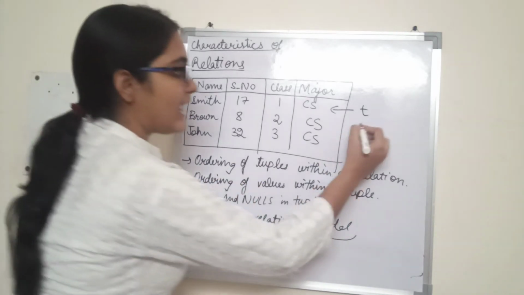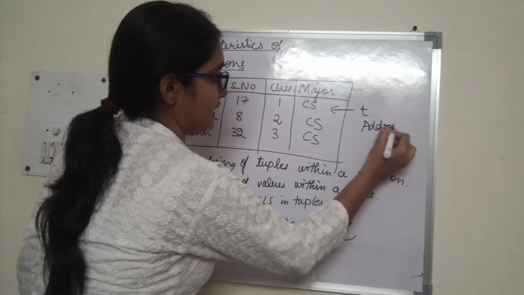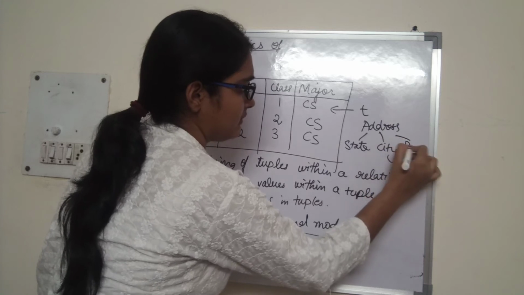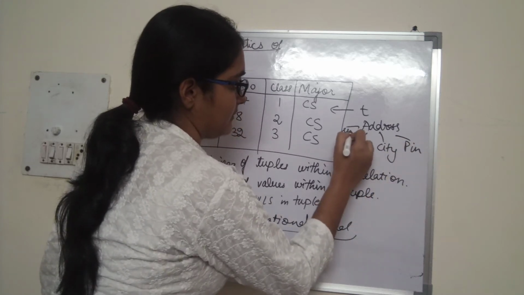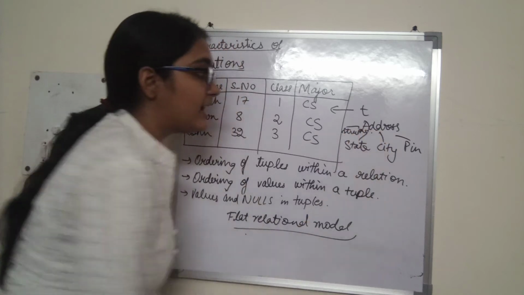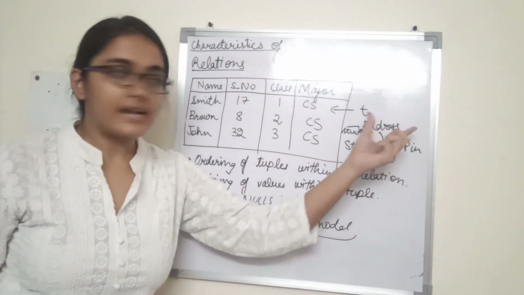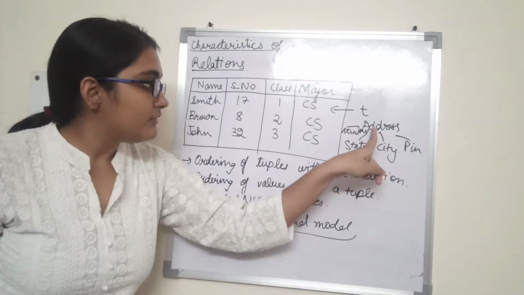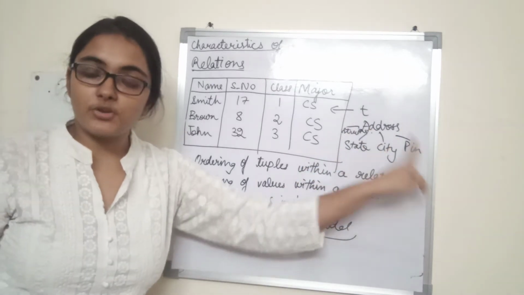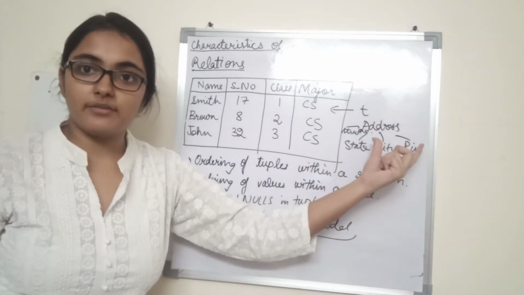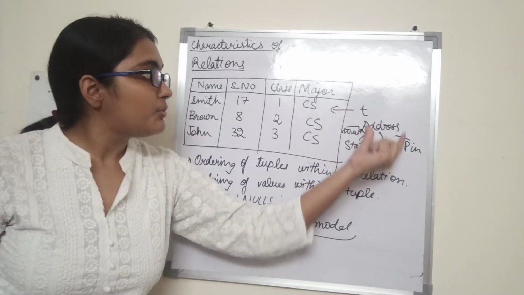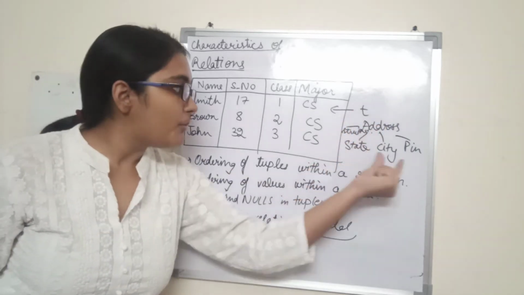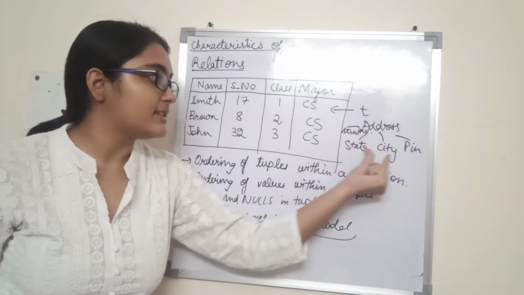What I mean to say is, if I have a composite attribute like address that has a state, city, pin, and maybe street number, this is a composite attribute because it is composed of multiple attributes. Now in order to represent a composite attribute like address in our relation, we will not put address as an attribute in the relation. We will write the simple component attributes, that is, street number, state, city, pin.